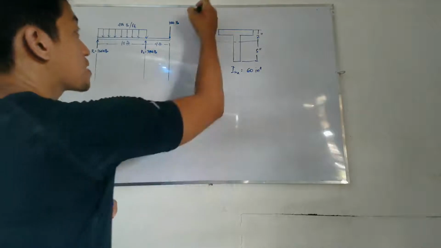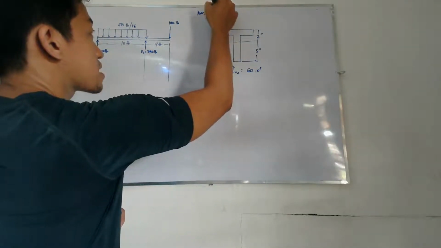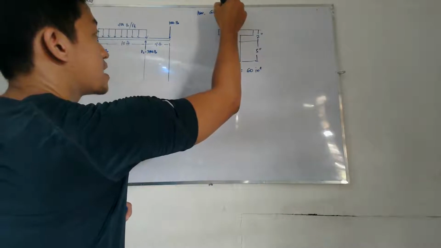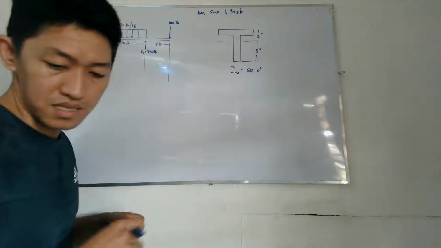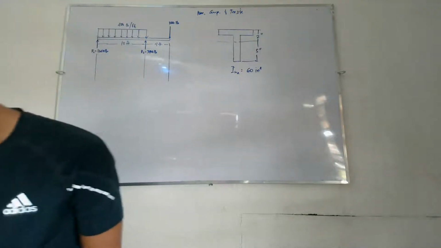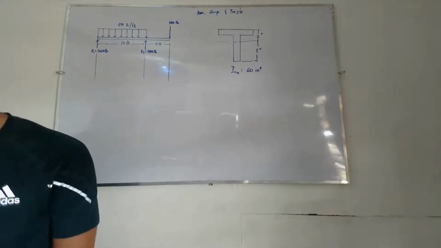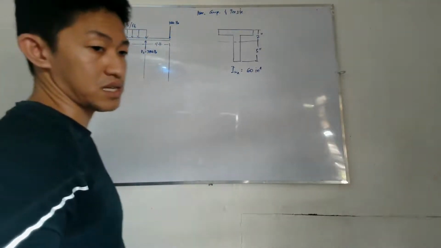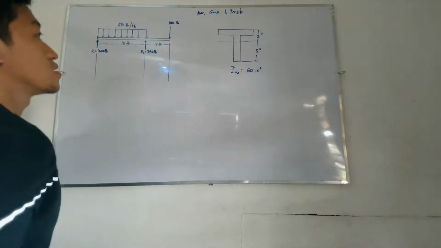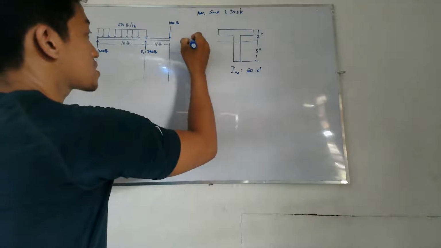So we are asked to find the maximum compressive and tensile stress developed in the beam. Maximum flexure stress nga compressive and tensile. Okay. So again, the equation is